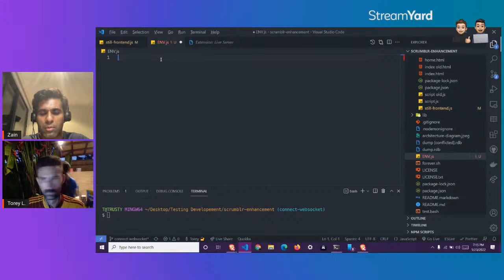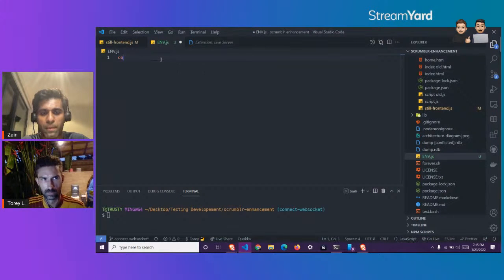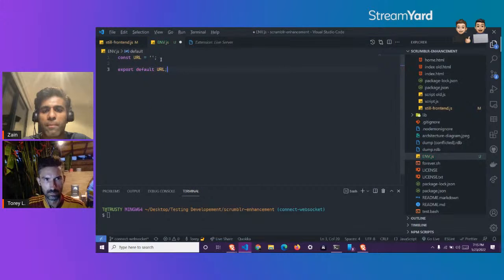I'll just copy and paste it, and in that way you can just copy and paste it over your side. Okay. What do you have in here?